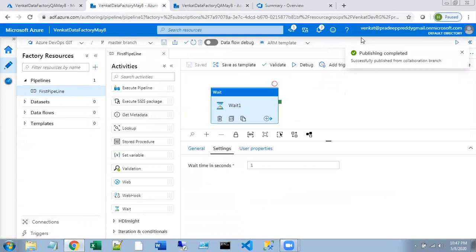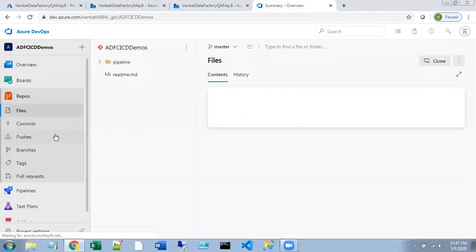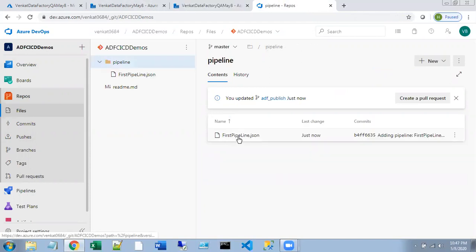Publishing is completed. So if you go here to your DevOps account and click your repos, you see you have your content here, the data factory content. So you have your pipeline. You see here first pipeline.json.